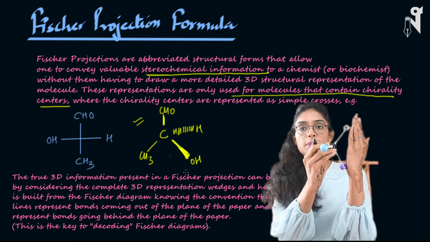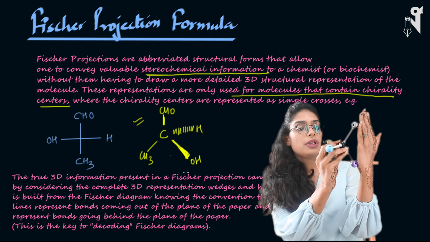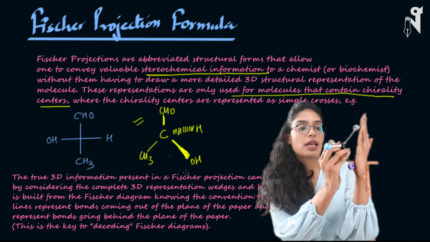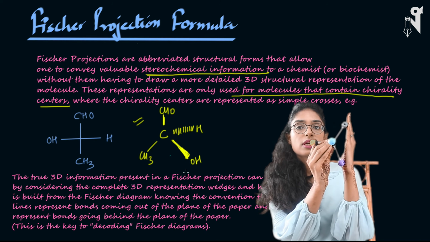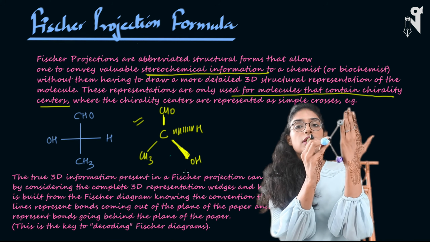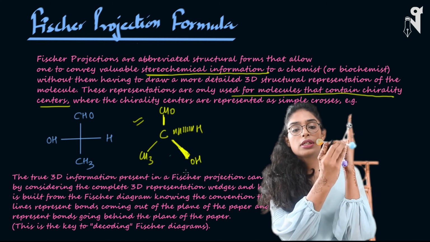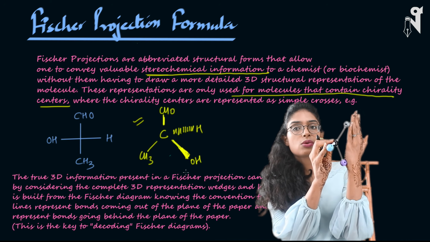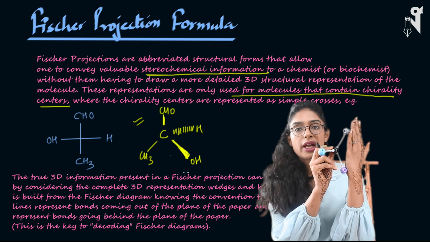This is the plane of the paper, all of you look at it, and I am looking from here. So this yellow ball is visible to me, it is directly towards me, and this hydrogen is away from me. All of you can see, right? These two are in the plane of the paper. This OH, the yellow ball, is towards me, and this hydrogen is away from me. That's what I have drawn.